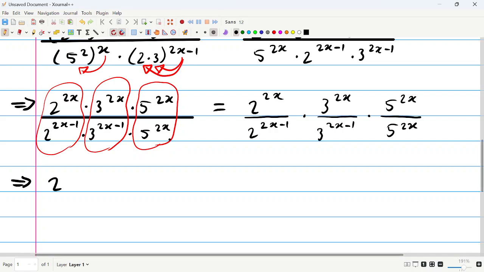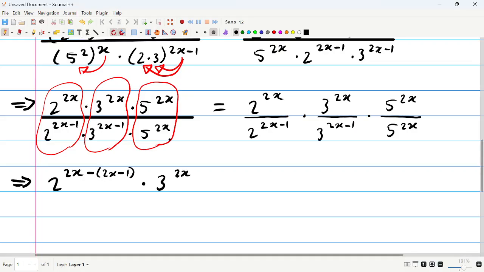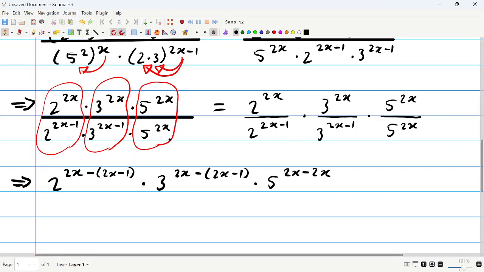It's going to now be 2 raised to the power of the top, which is 2x minus, and don't forget your brackets, 2x minus 1. Okay, so that's top minus bottom, multiplied by, now we're going to work with a 3. So we're going to have 3, and it's going to be the top 2x minus the bottom, which is 2x minus 1. Don't forget about the bracket. And then multiplied by the last one, which is 5 as the base. And let's just, I know it can cancel out and everything, but just for example purposes, let's just look at it like this. 5 to the power of 2x, which is the top, minus the bottom, which is also 2x. And then this tells us here that this is going to be equal to